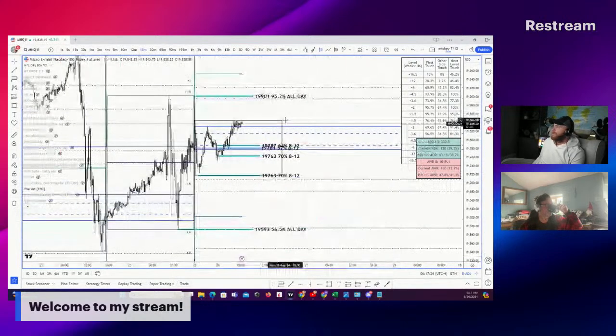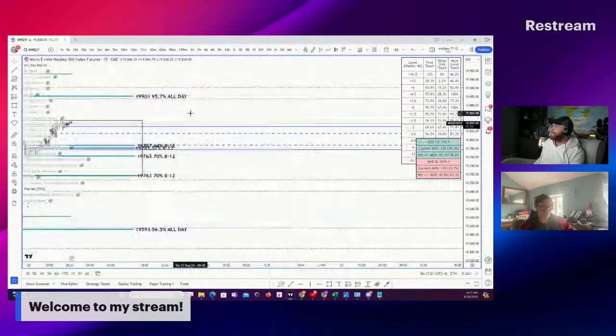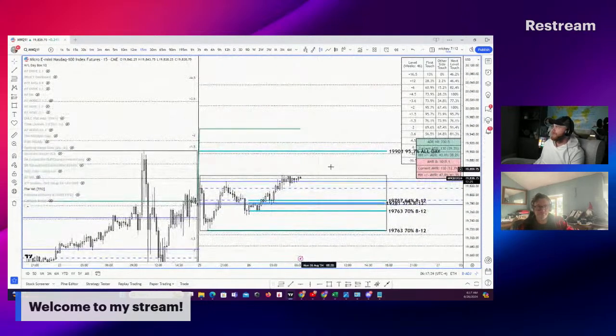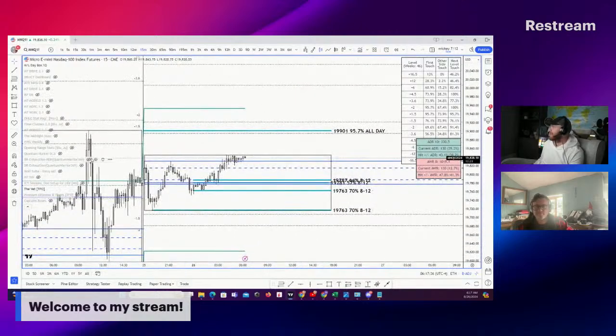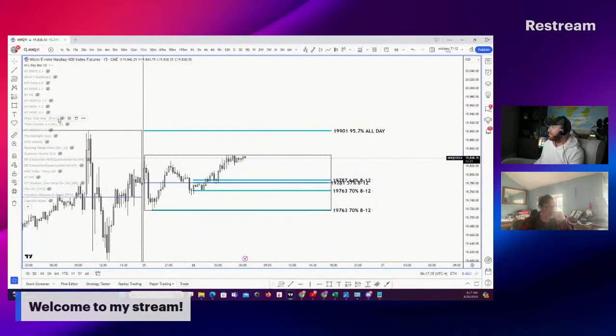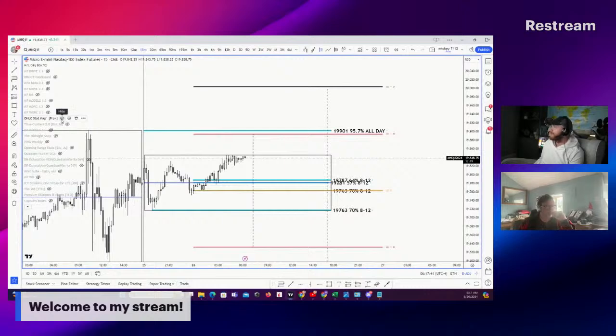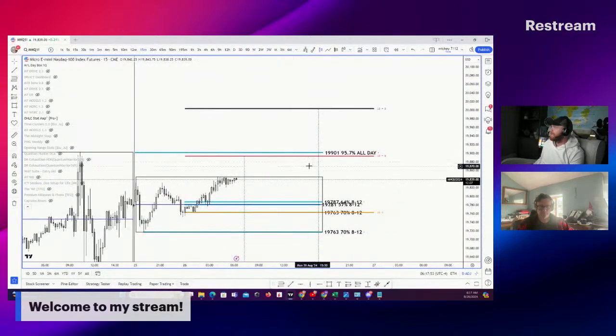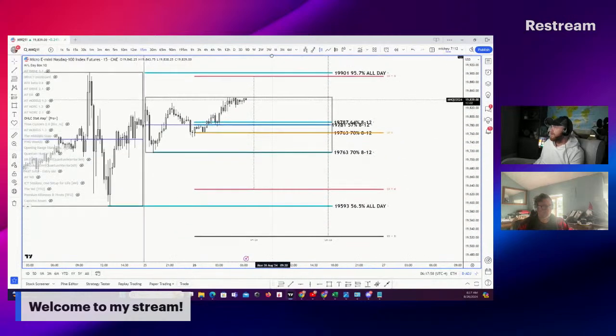All right, so now that we've done the time-based and we've done structural base, now we're going to do projection base. Using Josh Hughes' open close stat map, we know that this has around a 56% probability of being touched. We know that this has a 97% probability of being touched, and that we know the low of